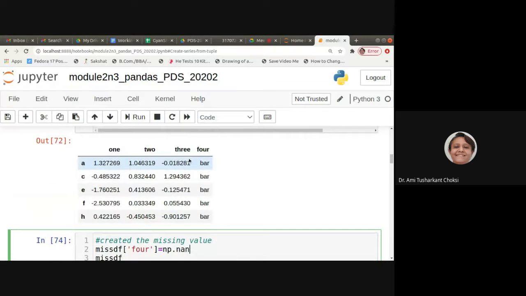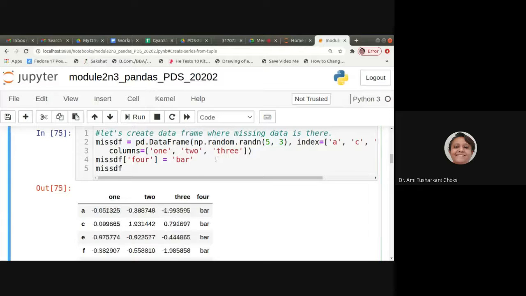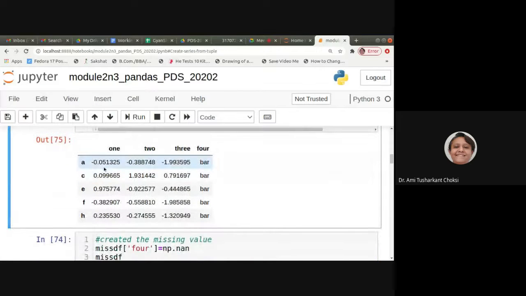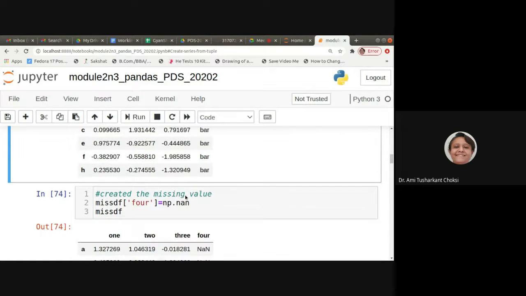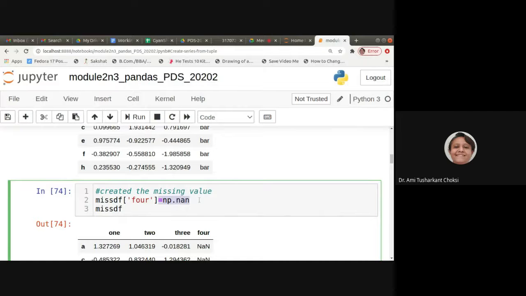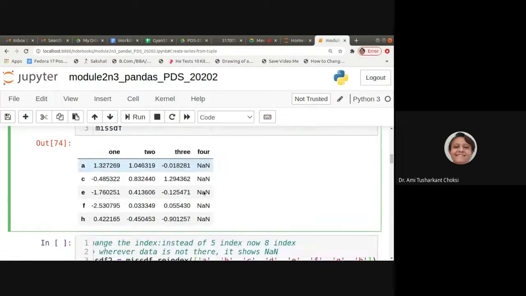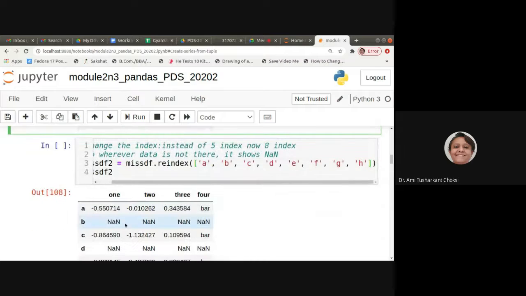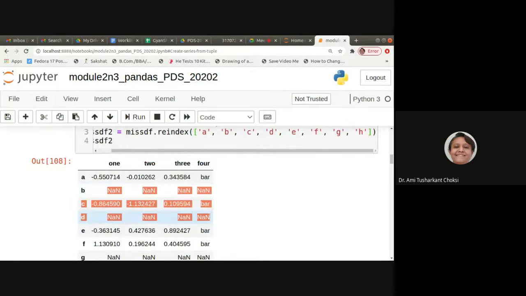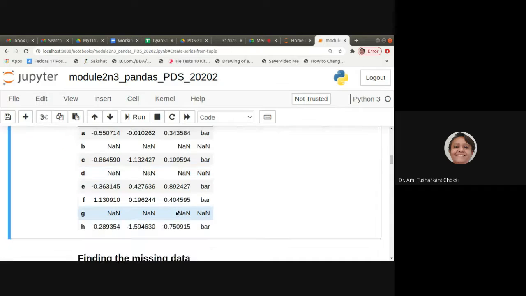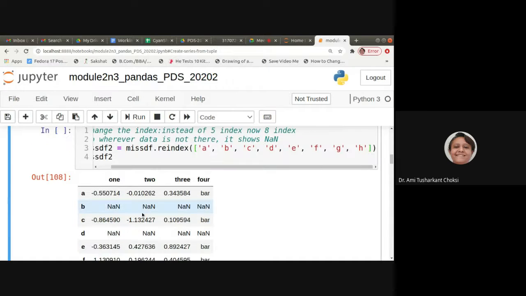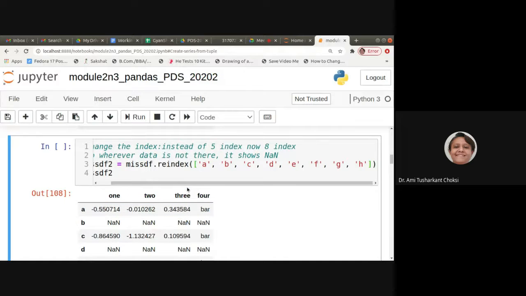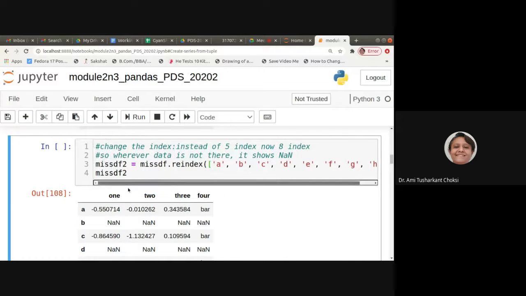So I'm having the data set where I have values for the 1, 2, 3, 4 columns. Now, if I want to add missing data, this is where we said a whole column has the missing data. In between, that is for a row, or anywhere we want to provide this data. That was for column, this is for row. I want to create the missing data, right?